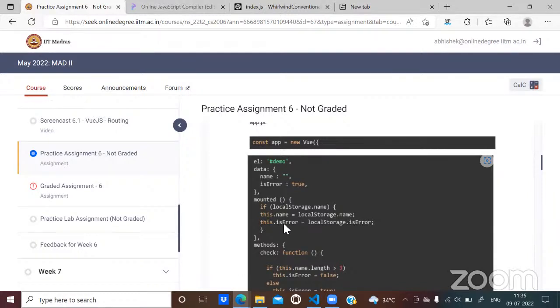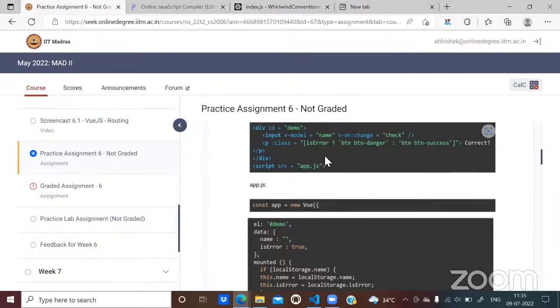So this.is error is not a Boolean value false. It is a string value having 5 characters, FALSE. So this is error is basically a true expression. The reason is it is not an empty string. Since this is not an empty string, this will become true, and that's why the class text-danger would be applied to that paragraph. Okay, I got it. Thank you, sir.